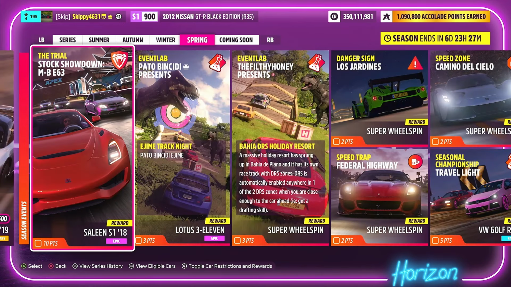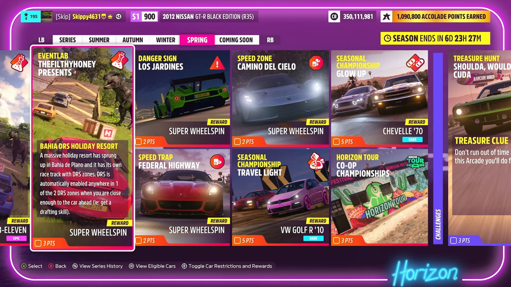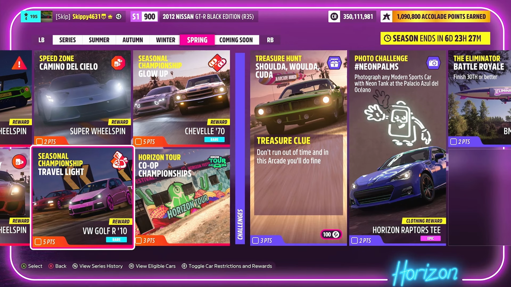Another stock showdown online trial this week in the Mercedes-Benz E63, giving out a Celine S1 2018. Event Lab challenges this week: 1 Lotus 311 up for grabs and 1 super wheel spin. And then a further 3 super wheel spins up for grabs for completing this week's Danger Sign, Speed Trap and Speed Zone. There's 2 seasonal championships: 1 Travel Light, giving out the Volkswagen Golf R 2010, and Glow Up, giving